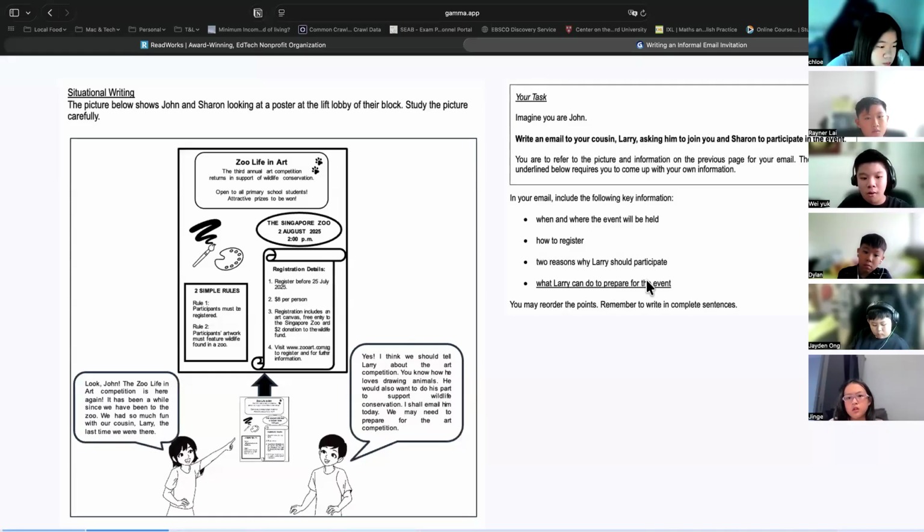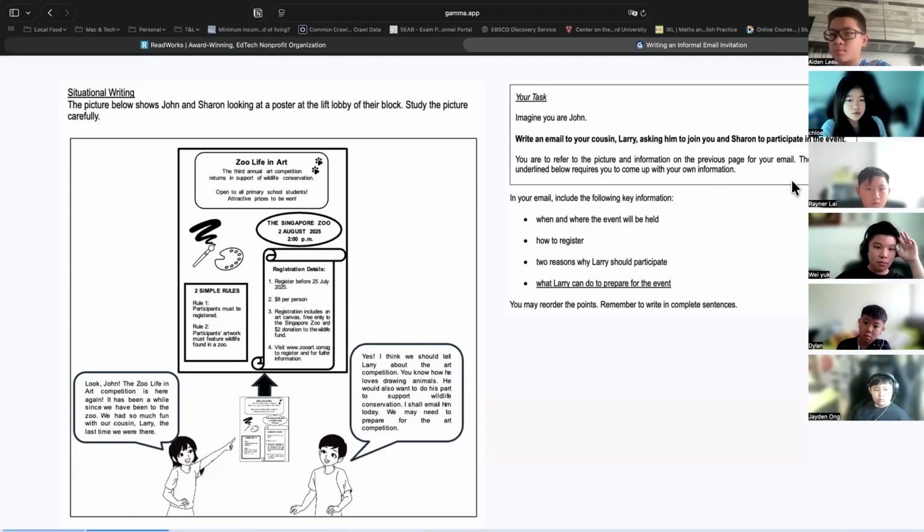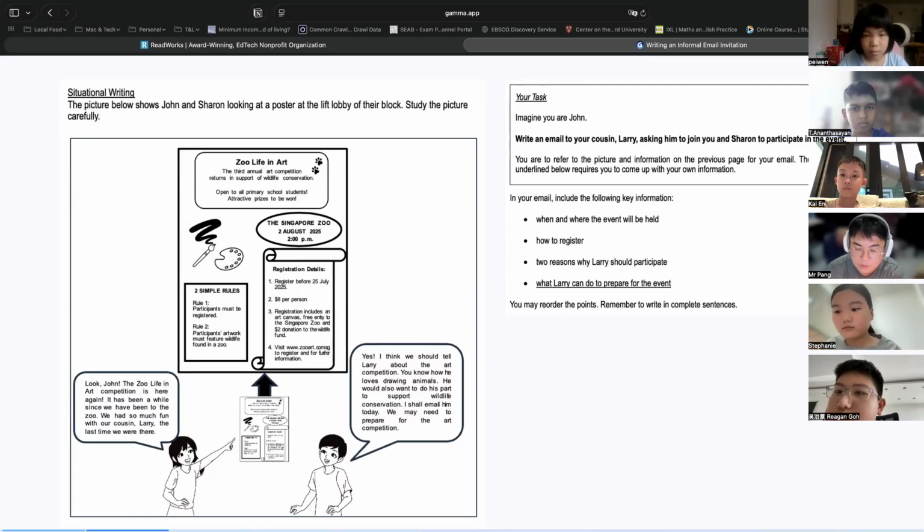Think logically, right? Larry is going for this event where he's going to be drawing animals, and it's a competition, right? To see who draws the animals more beautifully and realistically. What are some of the things Larry can do to prepare for the event? Can we brainstorm and raise our hands to volunteer some things that logically we think Larry can do? Come quickly. Okay, I'm glad to see so many hands up. Let's hear a few. Kai-en, what do you think?